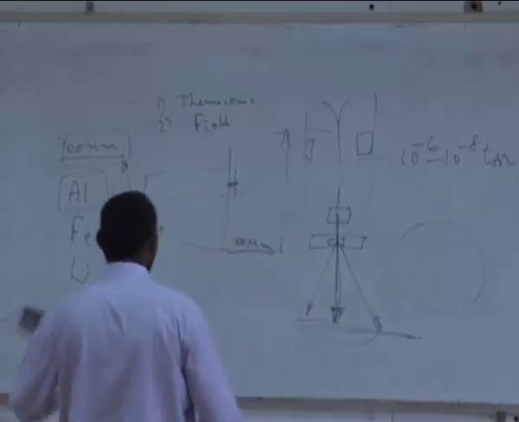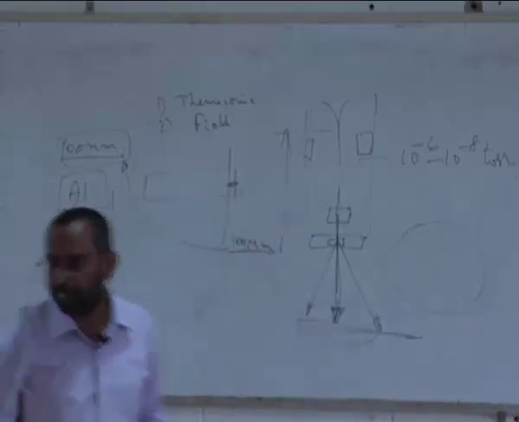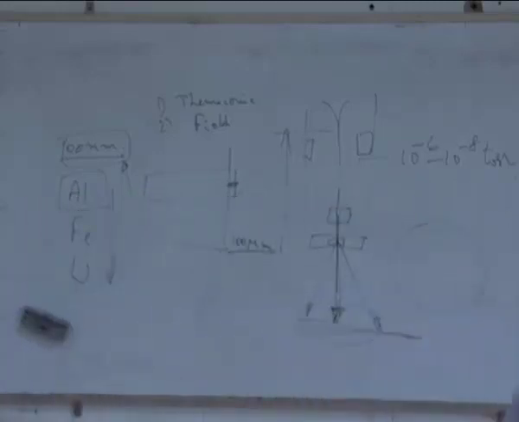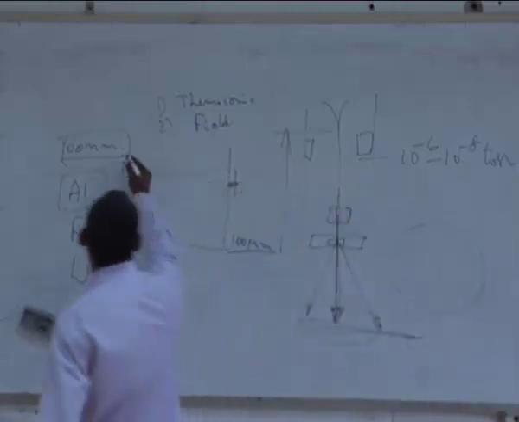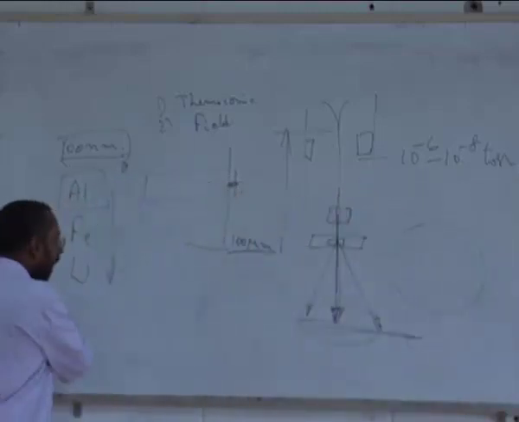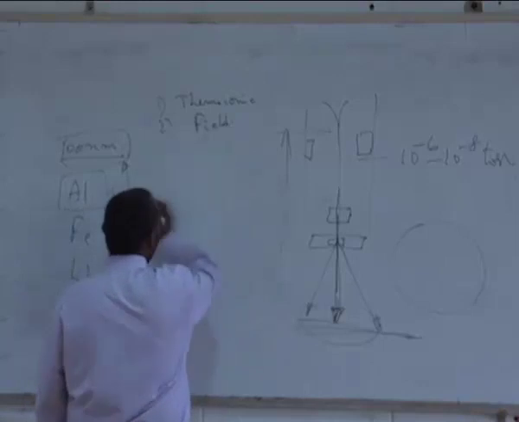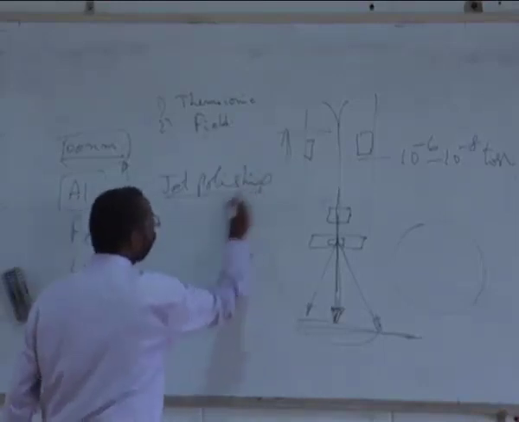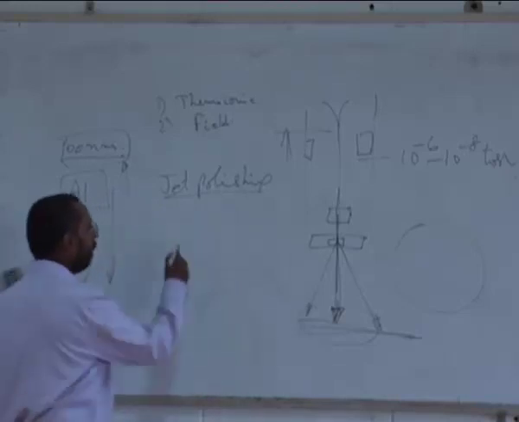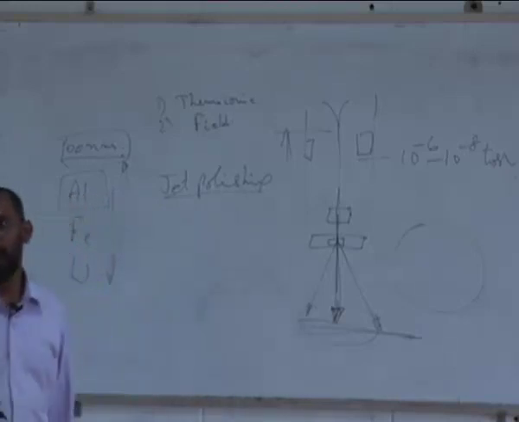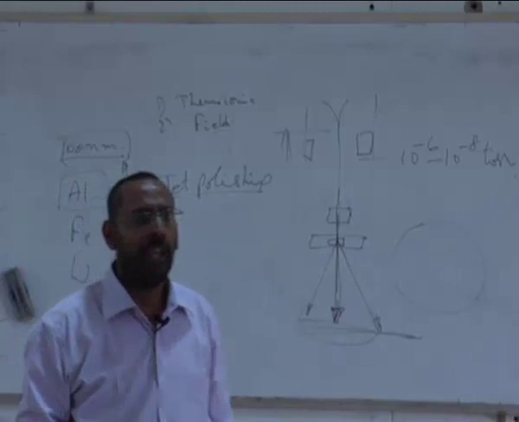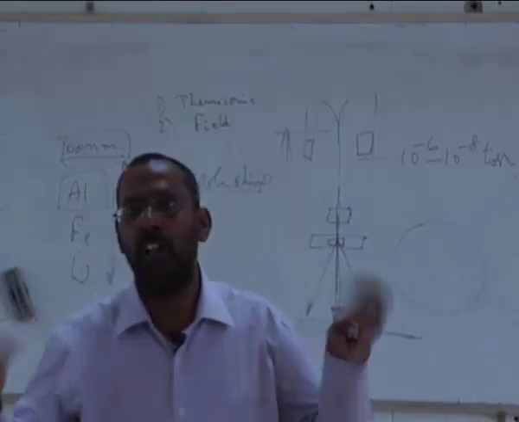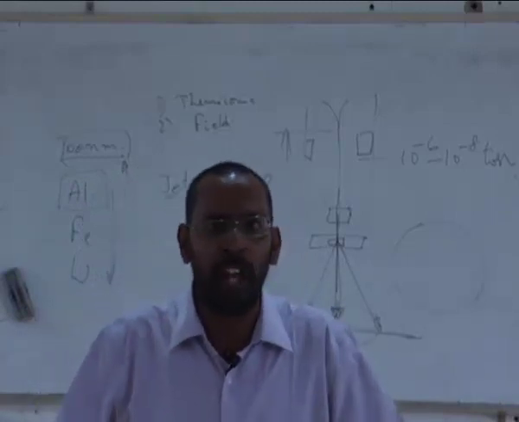So now we have this thickness, and from that thickness, how do we go to this thickness is our goal. And if it is a metallic sample, we have a way to do it. This is what we call jet polishing. The principle that we use is simply that if I take any sample and immerse it into an acid medium, it dissolves. Anodic dissolution, all of you are aware of.